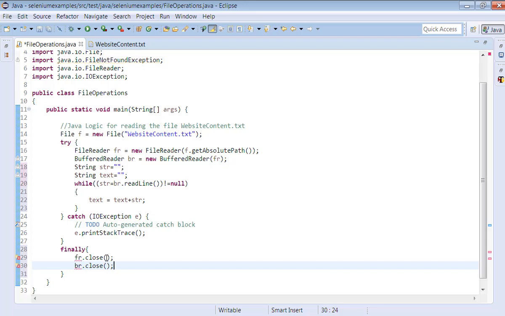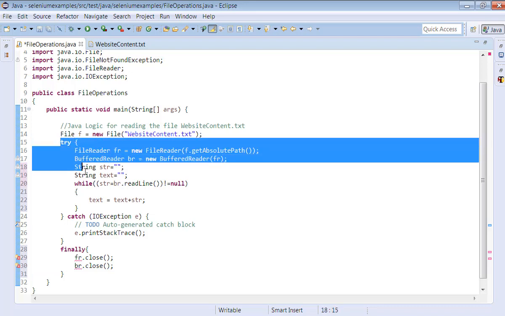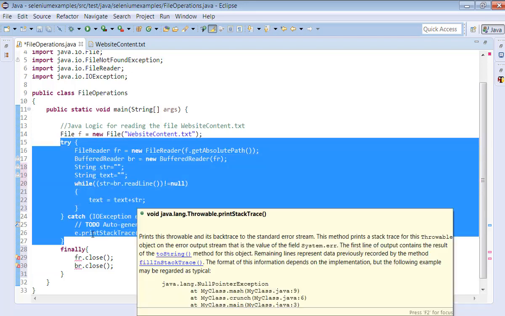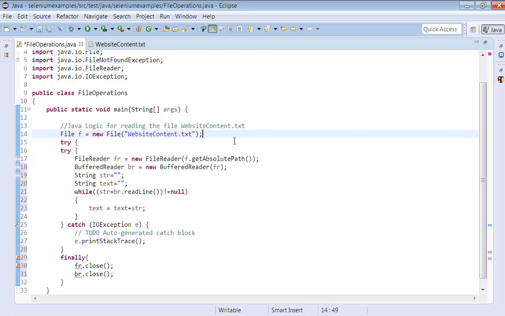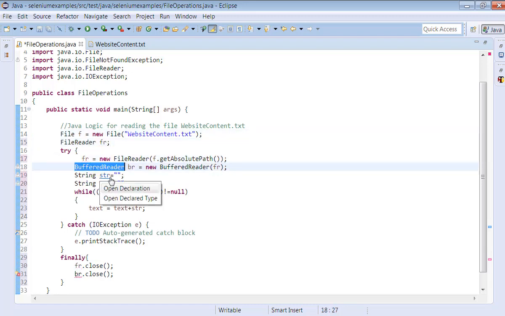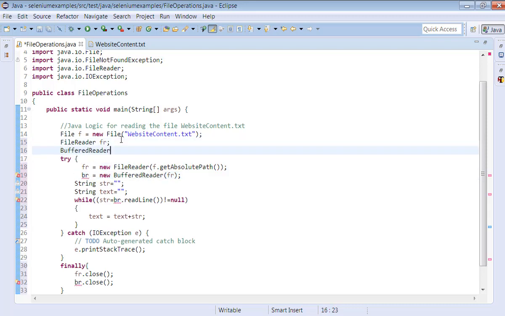It's important. But when you look at this file reader, buffer reader, it is only visible within this try catch block. It is not visible outside here. So what we will do is create this file reader here so that it will be easily accessible in other try catch as well.